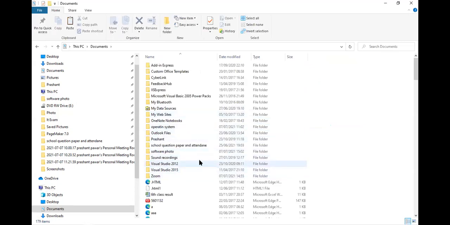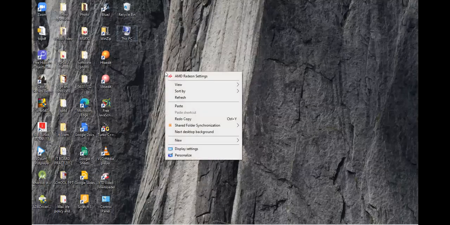All the actions will be reversed. So the sign and photo folder is reversed or deleted. Undo copy means you have canceled the last action. So that is the best use of this shortcut menu: redo copy, undo copy, paste, etc.